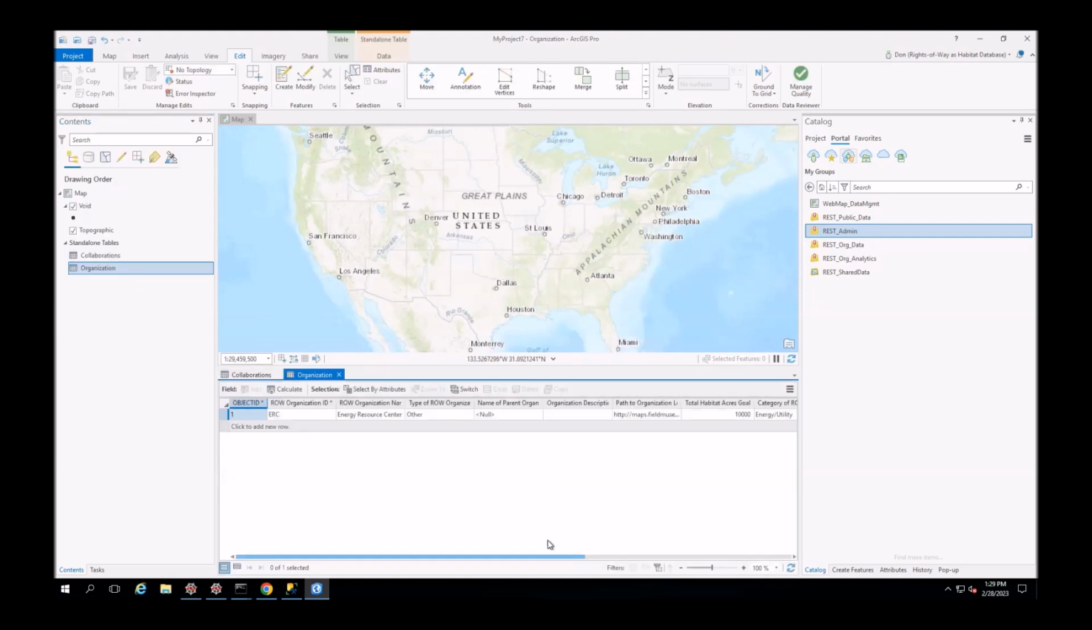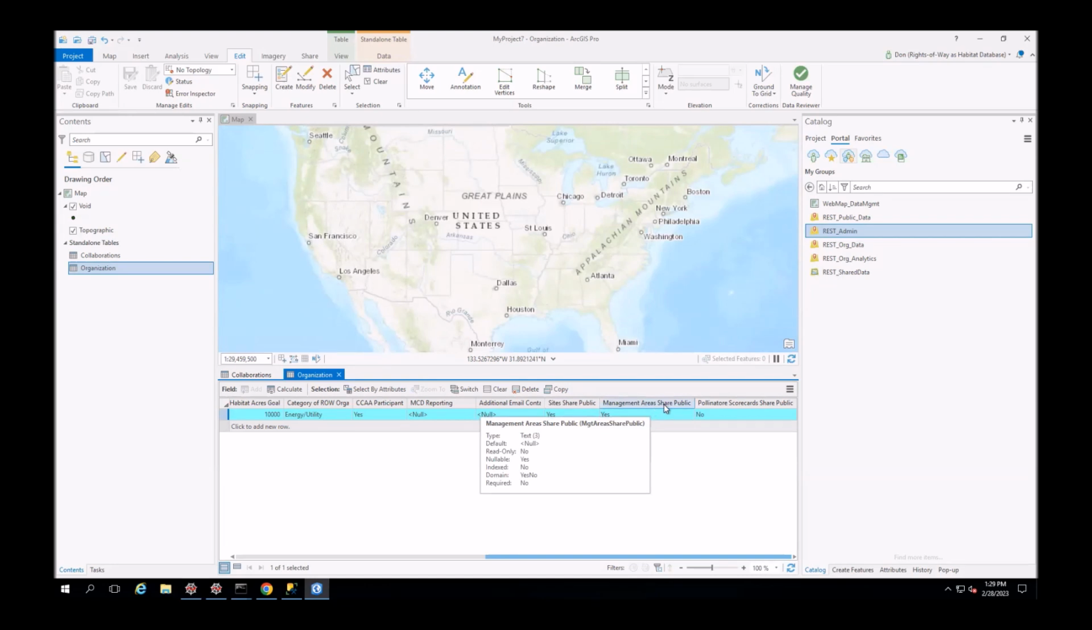So if we open that, you'll only see one row here. It's only one record. And if you go over to the right, you'll see there are three fields: share sites public, share management areas public, and pollinator scorecard. So you can see the ERC organization is saying, I, as the ERC data manager, want to share my sites and management areas, but not my pollinator scorecards. And we can actually access the map, because what happens is